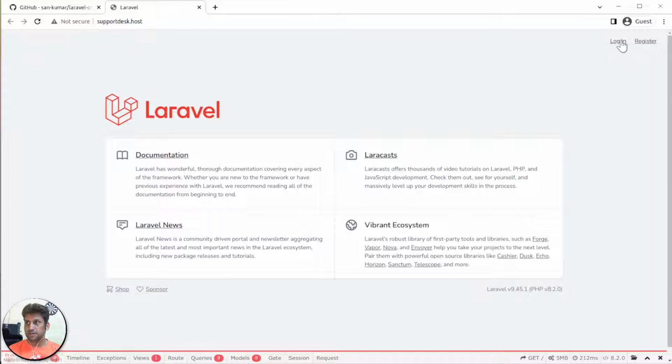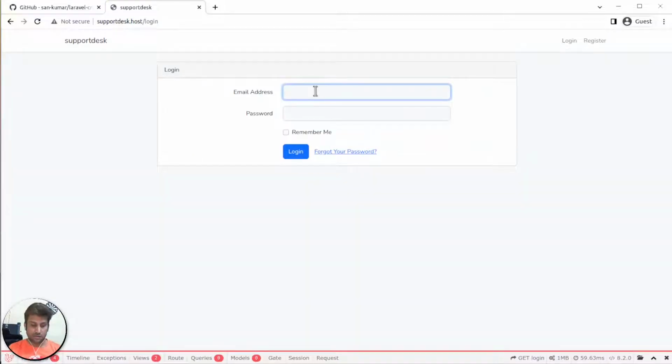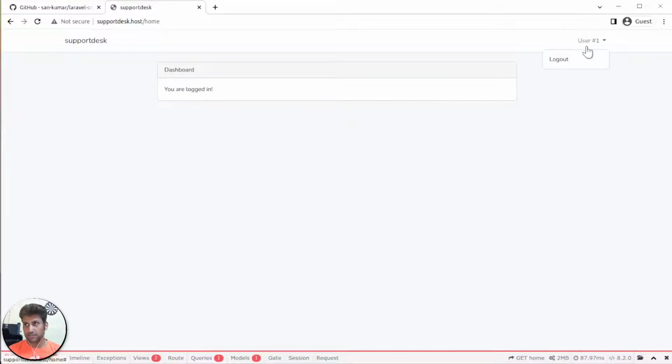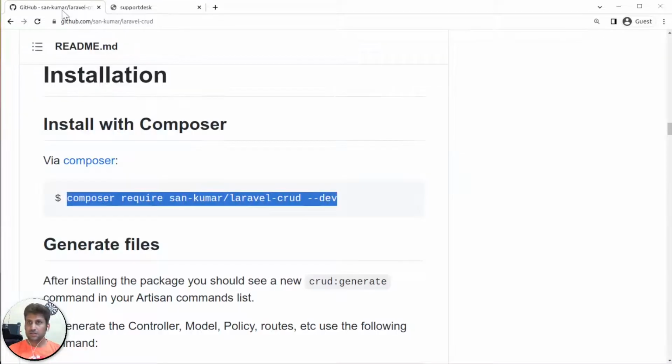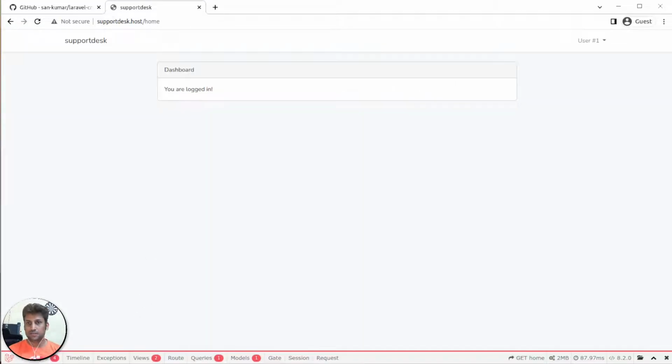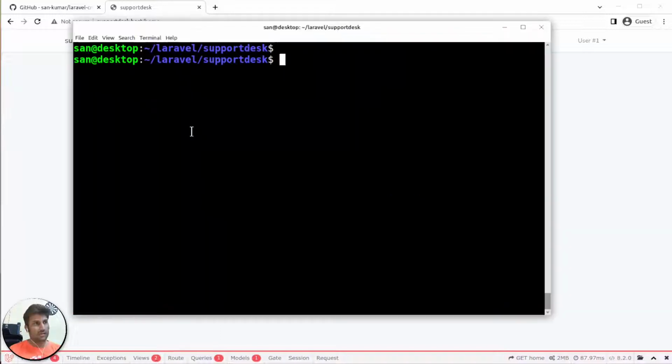Okay, I've just added the Laravel UI, and I'll create a test user quickly. Okay, done. So I'll just log in with the test user. So far I haven't done anything apart from setting up a new project and creating a user. That's all I have done. So now let's start with the project. So what we'll do first is